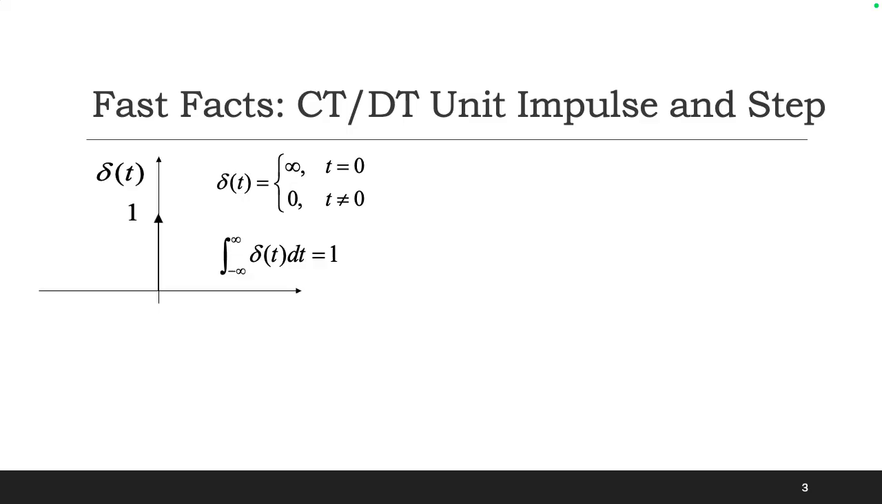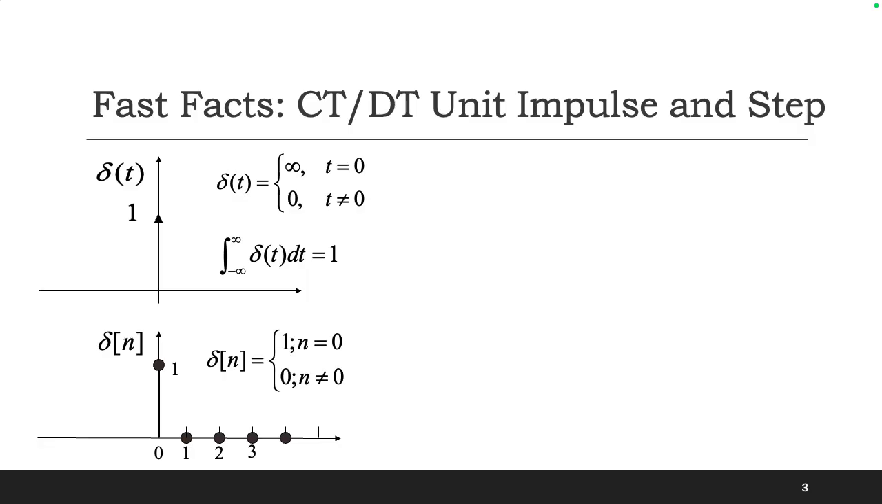DT unit impulse function? What does that look like? Yeah, that's right. It's just like that. This one is easy to understand. The mathematical form is: when n equals 0, it is 1. If n doesn't equal 0, it will be 0. Okay. How about the